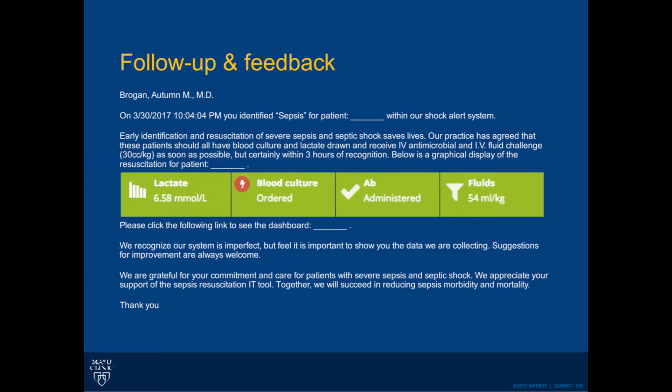When you interact with that tool and you say severe sepsis, there's an automated email 36 hours later that our providers get that doesn't tell them that they ever did anything wrong. It says, thank you very much. We know our system is imperfect. Here's your resuscitation. Again, thank you. We're all very competitive people, and my chair will send me an email 5 minutes afterwards if there's a red box here instead of a green box. And so I don't have to tell people do it differently, do it better, don't miss it. They're going to do it better next time as well.